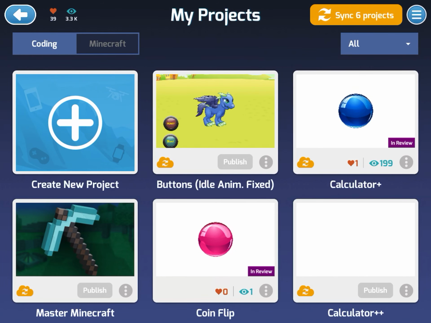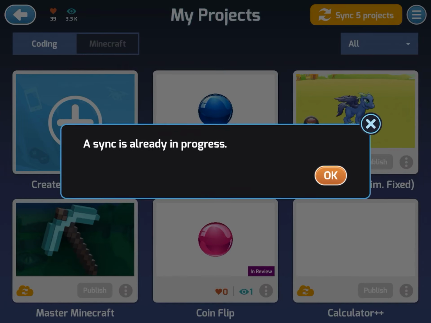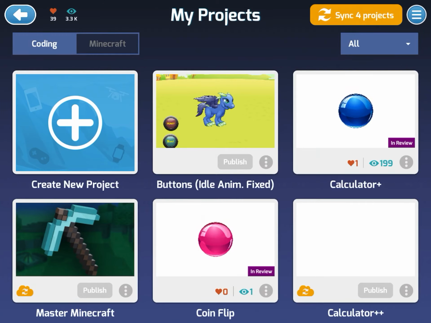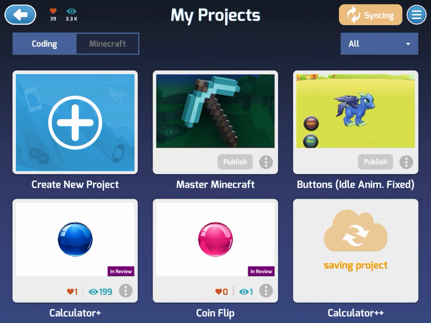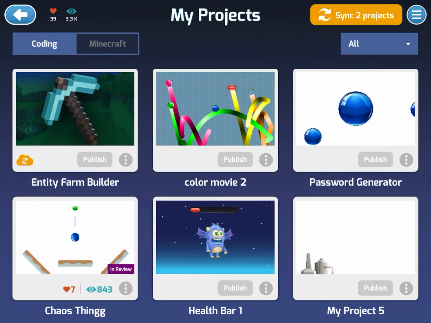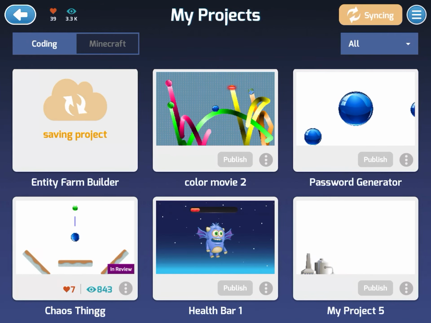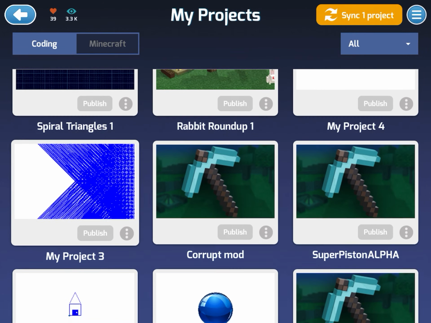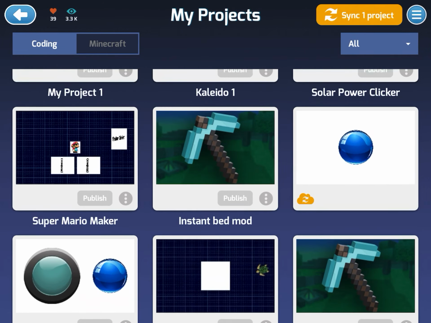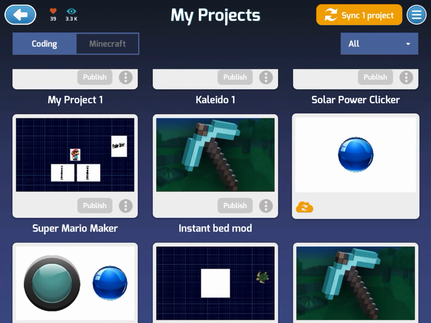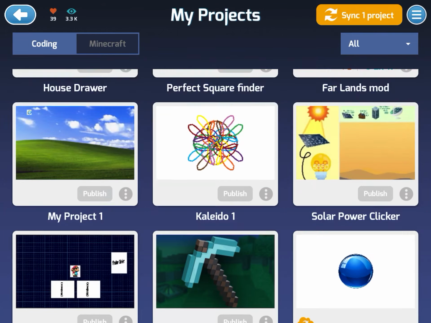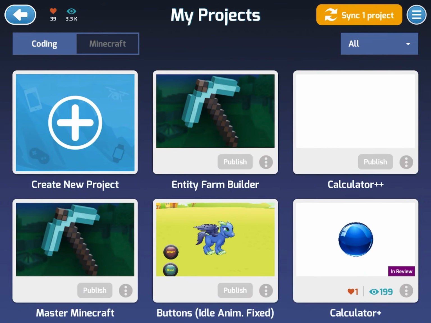Also, I don't sync my projects. I synchronize them manually because of a glitch inside of my Tynker account. If I try synchronizing this project, it will break and Tynker will crash. I don't know why. Anyways,